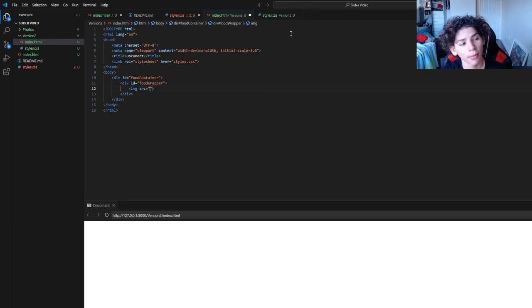Now, a good thing that you can learn from right here is that the images, the photos, are in the photos folder. And the photos folder comes from a hierarchy, right? We're inside of the version 2 folder. And this is our index.html and it's inside of this version 2 folder. But the photos is not in the version 2 folder. It's on the same level as the version 2. So what we have to do is